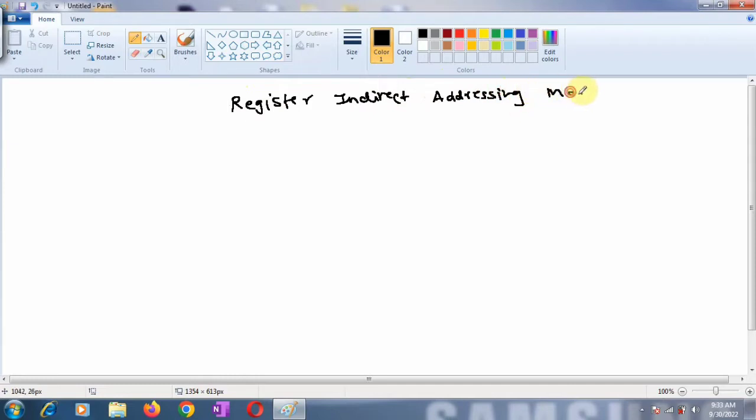Now in case of a register indirect addressing mode, a register is used as a pointer to the data. That means your data is not directly in the instruction and also not given in any register whose name is mentioned in the instruction. Here you mention the name of the register in the instruction, but that register is now used as a pointer to the data. So the meaning is that this register will now contain the address of the memory location where your data